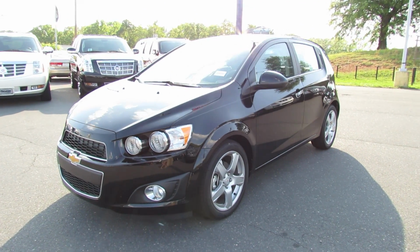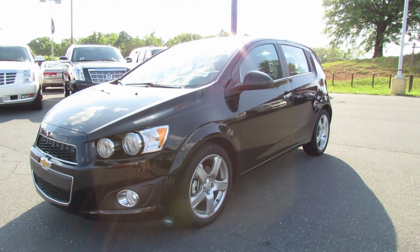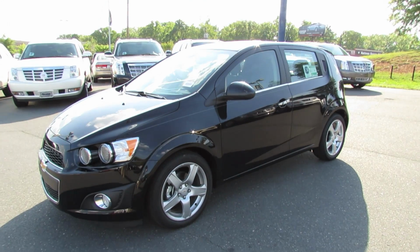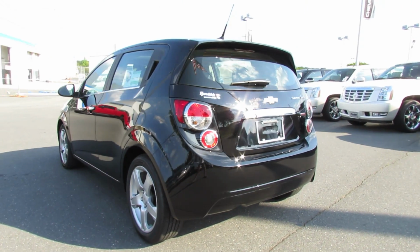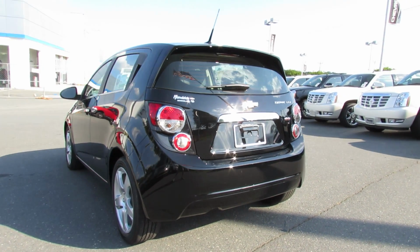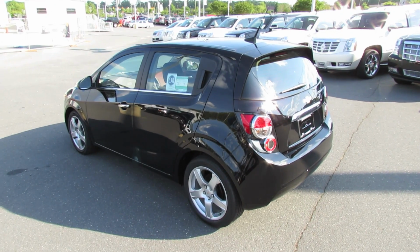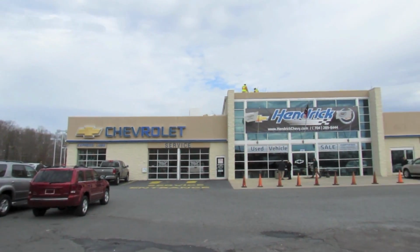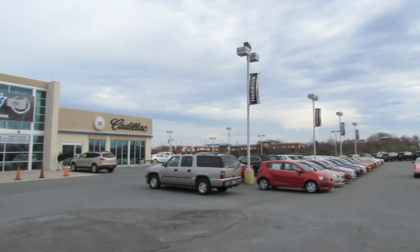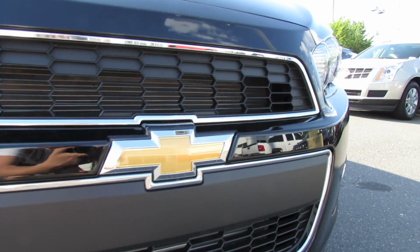Today, let's take an in-depth look at the all-new 2012 Chevrolet Sonic LTZ Turbo Hatchback. And this is going to be a full, in-depth tour of the Sonic Turbo. We'll start it up, show the engine, get an exhaust clip, and go over the performance data, and show you a bunch of the features on the interior as well as exterior. And today, I'm at Hendrick Chevrolet Cadillac in Monroe, North Carolina. And so, without further ado,